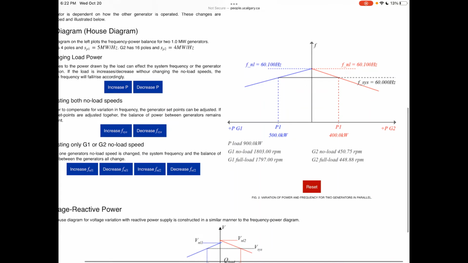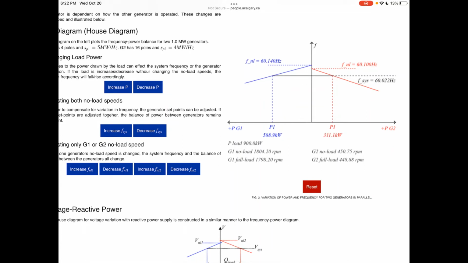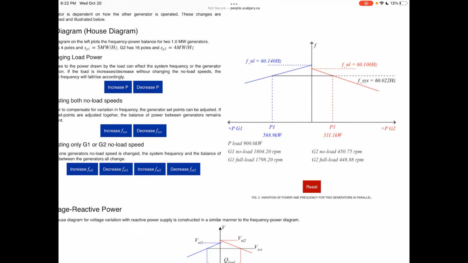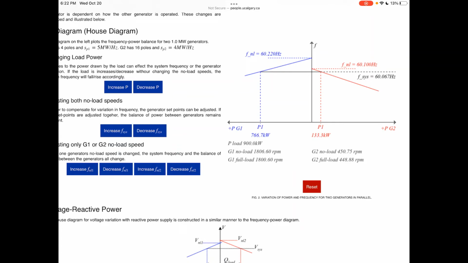But what happens if I increase the no load frequency of one alone? Seen here? With increasing it, you are increasing its own share, and this reduces the other share, okay? And also it's making the system frequency higher, okay? Going back. So if I increase F no load 1, you're increasing its own share of power and increasing the system frequency while reducing the share of power of the other